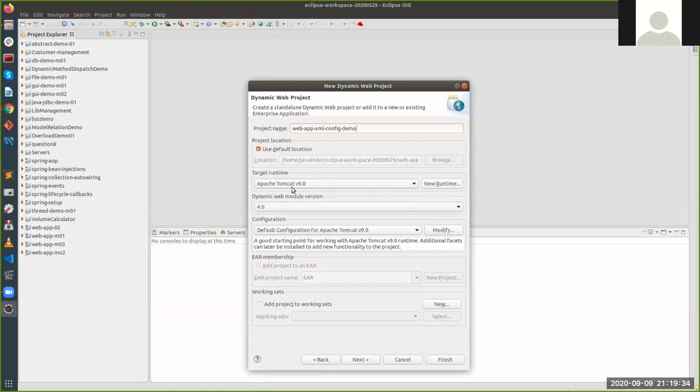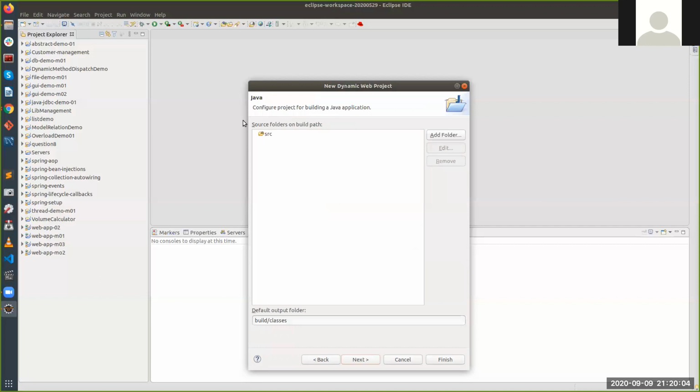Target runtime, very important point. Sometimes we have a specification that my application should run at a minimum of this version, right? So now if I'm going to use this, this will probably be working on Java EE 7 or 8. So if we want to reduce the version, we have to give the target runtime. Maybe you have to use the previous versions. Then the rest we can leave as default. Next, it will show you the default structure. You can ignore this, you can just say next.